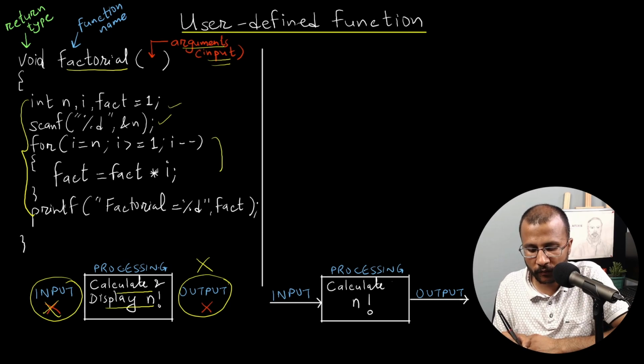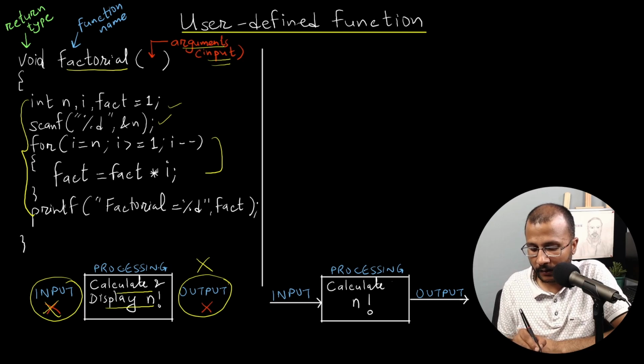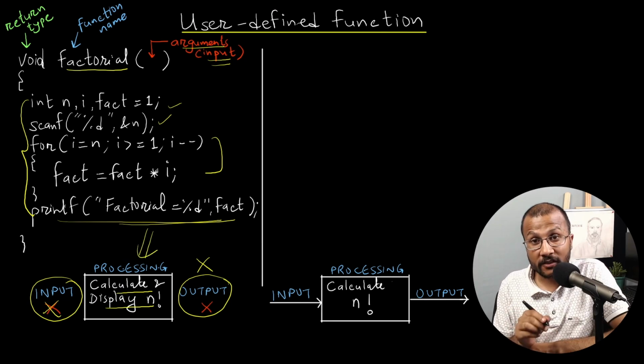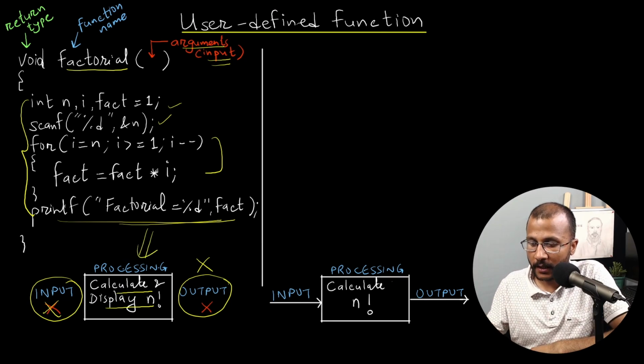Okay, it will run a loop to find the factorial of a number n. Okay, and then it will find the factorial and display the factorial here itself. Okay, this is what is done in processing. Now let us try to modify this function because we have to find out x factorial plus y factorial,